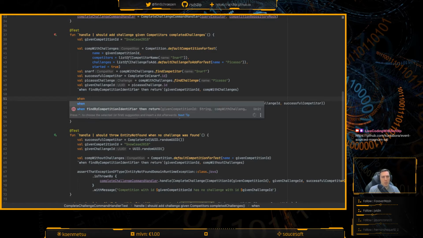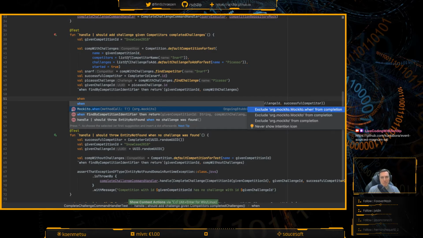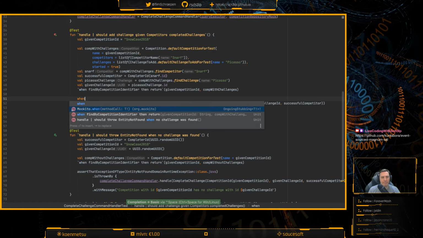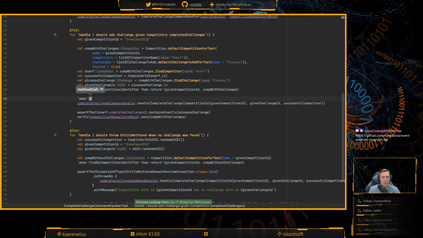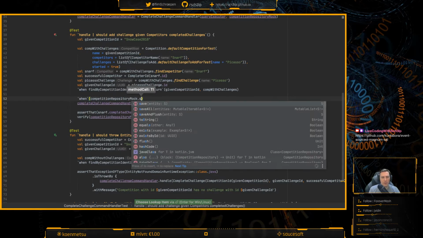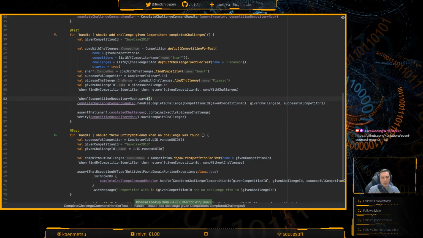Okay, let's also when competition repository mock dot save. So I think what I did previously was then return competition challenges.